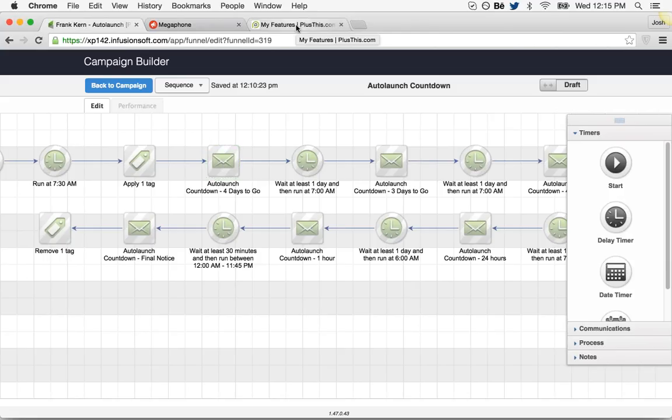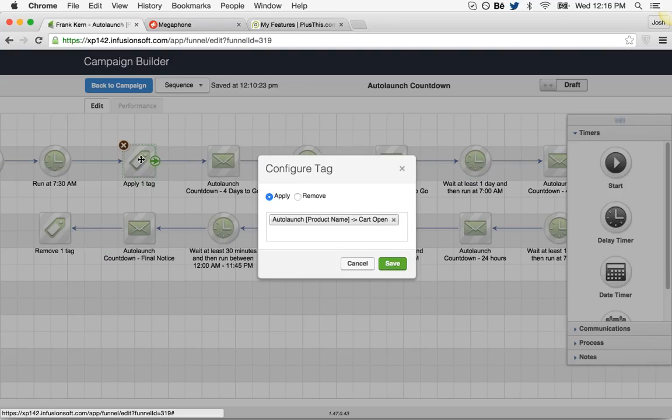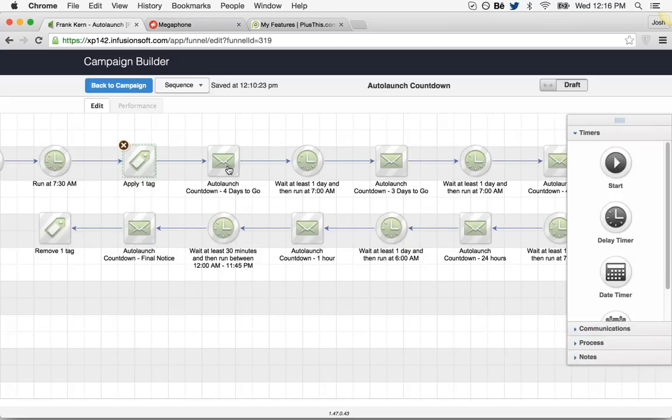Now, the way we do that is through the Plus This smart links. Again, there's videos in the membership area on how to set all that up, so I'm not going to get into that, but you'll see this tag is controlling that smart link. If they have this tag that we're applying, which is the cart open tag, then all the links in these emails that link to the VSL and the order form page, if they have that tag, they will go to that link. If they do not have that tag, they will go to a sold out page,